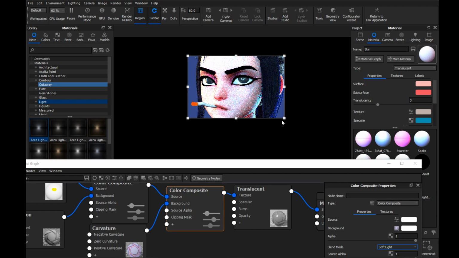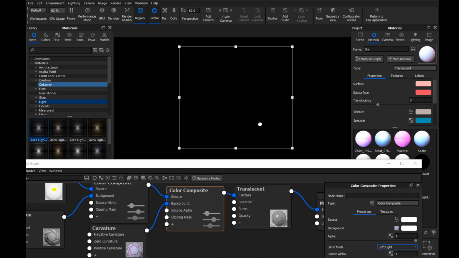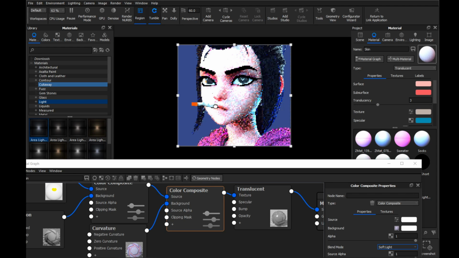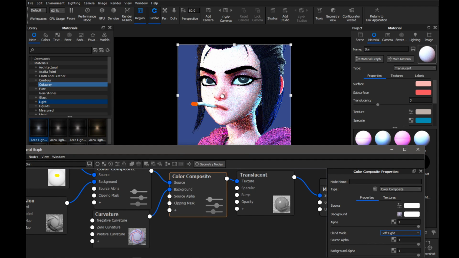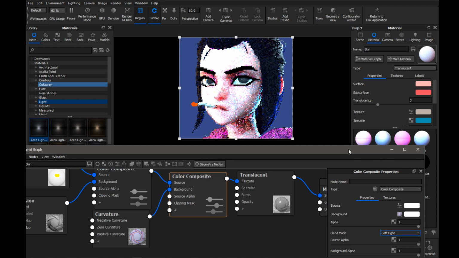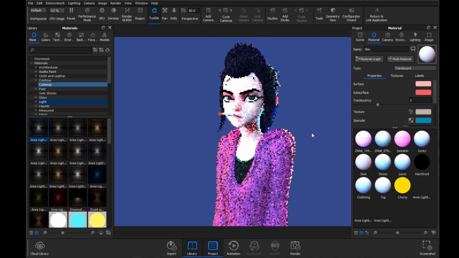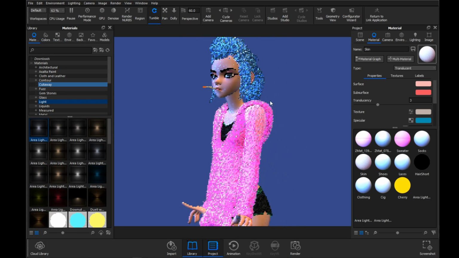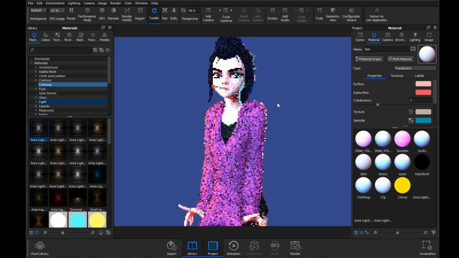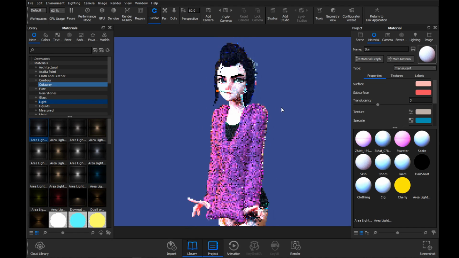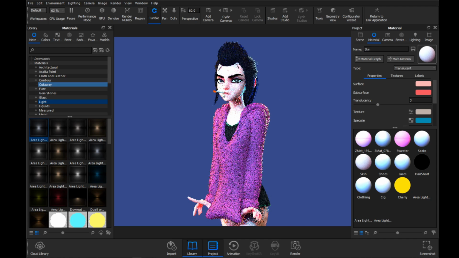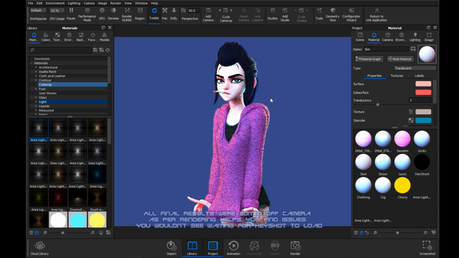Okay, so after that, you kind of just want to mess around with it depending on your own specific needs. Maybe you want to add textures to it, like maybe some actual lip texture, roughness and stuff like that. But at the end of the day, it's just finagling and messing around with it and getting it to be the best that it can possibly be. So pretty much now you're ready to render it, and if it doesn't look good, just go in there and adjust it however you need to make it look better. But usually, if you can get it looking as good as this before you've even had a chance to render it,